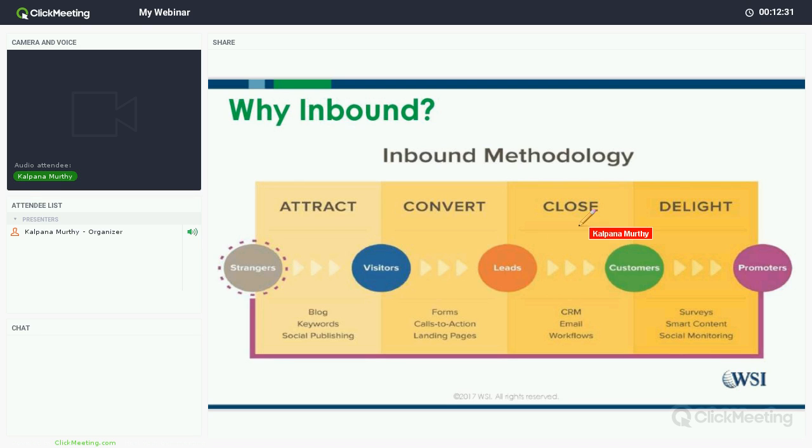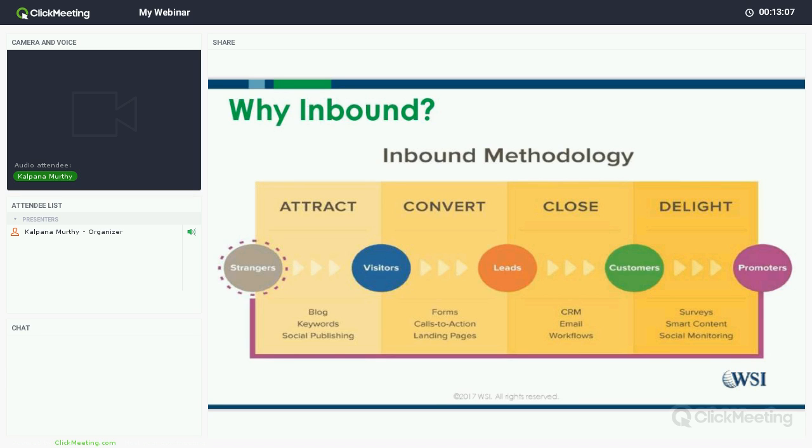And then the next step is to close them into customers. And how do we do that? Once we've collected their contact information, we add them to our CRM, customer relationship management system, where we keep track of them on how they're doing in their buyer's journey, and set up workflows to send them information and marketing automations based on how they're consuming the content that you're sending them step by step, and move them closer to that buying stage. And now they became your customers. Good news. Now we don't stop there, do we?